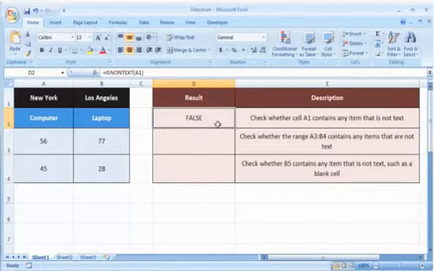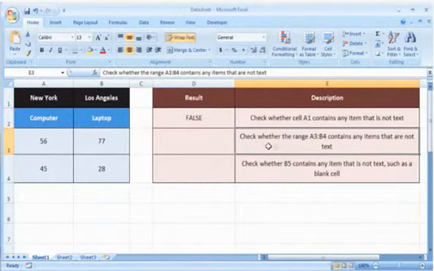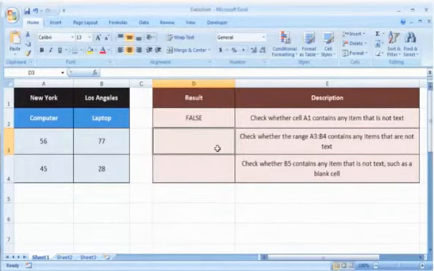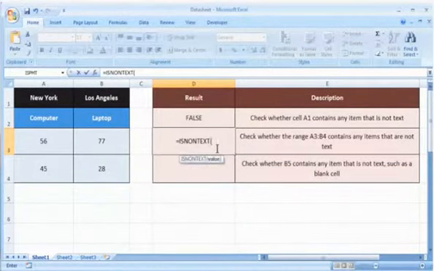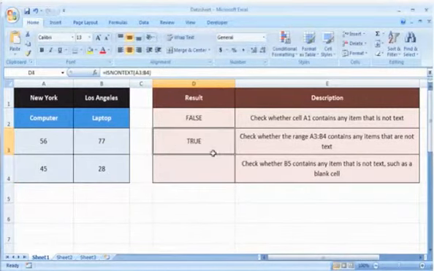text. In the second example, we will check whether the range A3 to B4 contains any items that are not text. To do so, select the cell where you want to get the function's result. Type equals ISNONTEXT, open parentheses, select the range of the reference cells, close parentheses, and then press the Enter key. If it returns the logical value as true, it means the value refers to any item that is not text,